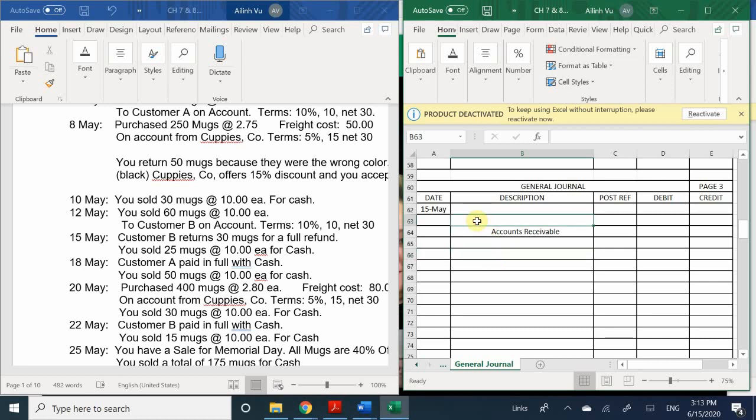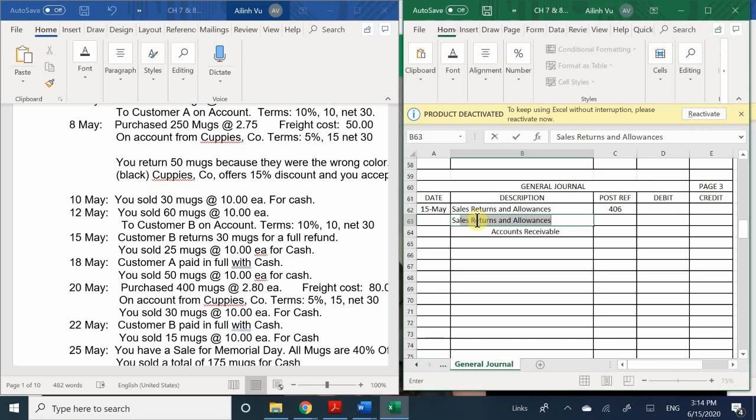Now, what is happening here and now? Mugs. On the 15th of May, he's attempting to return 15 mugs, and we validated it. Would it be a sales returns and allowances? Correct. All right, and do we have an account for that? I think we should have one. 406. 406. All right,